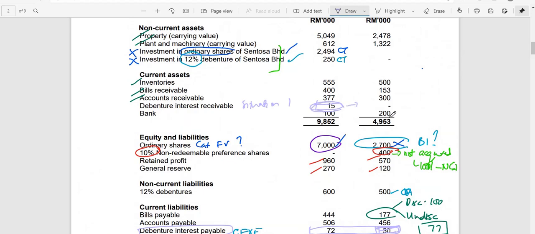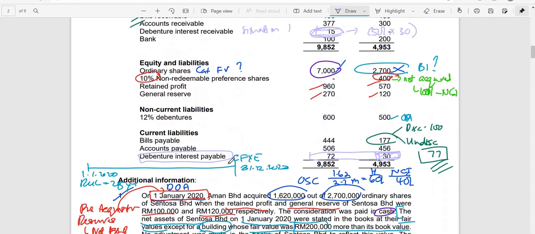So we eliminate later the intercompany interest receivable, which is 15. How do you know it's 15? This is actually 50% from the portion acquired on the debenture times 30. So that debenture interest receivable will not be reported. What you will report will be just 72 plus 30, but you need to reduce the 30 by 15. So that was situation 2.